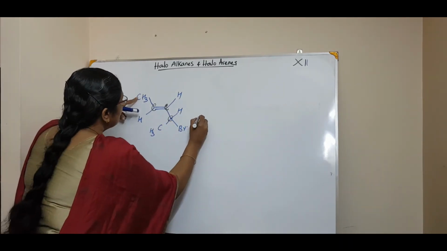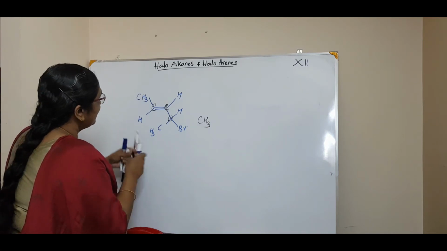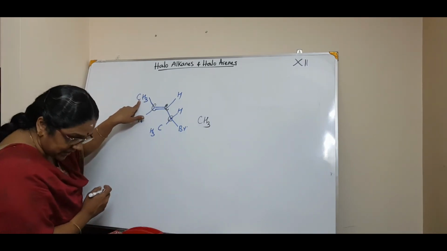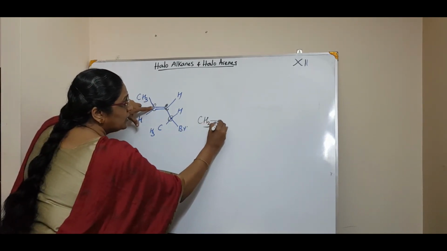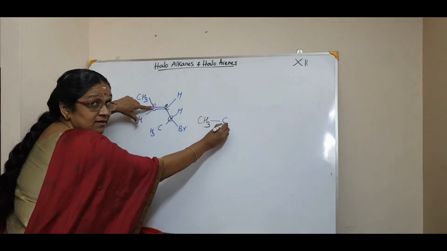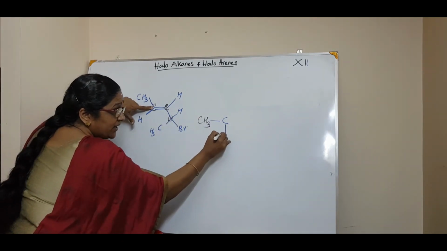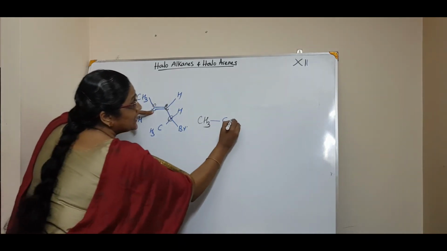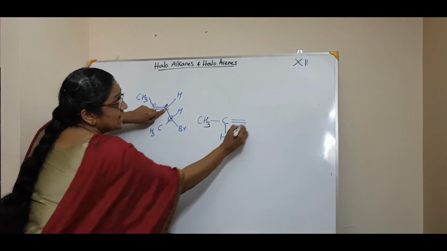Come with me. That means CH3. Listen, CH3. Then I am writing like this. First is CH3. Then comes this carbon atom. So one bond. Then this C. Now in this C there is a hydrogen atom, so I am putting this hydrogen atom here. Now in this C there is a double bond, which is again attached to another C.